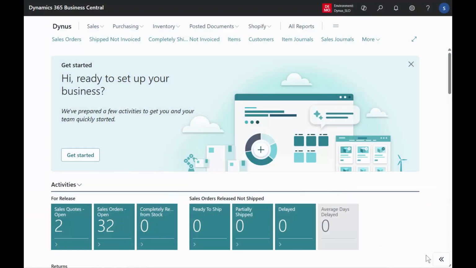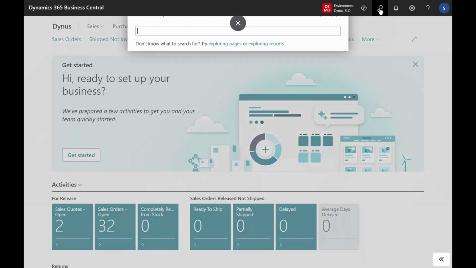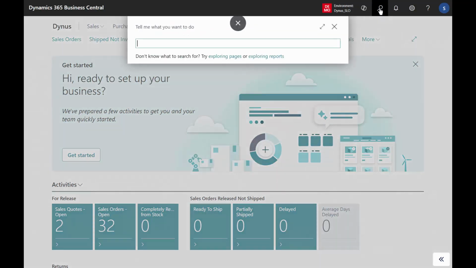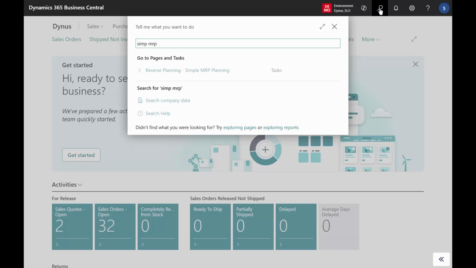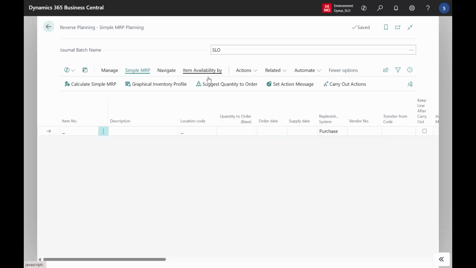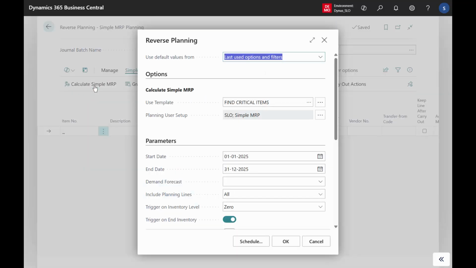After installing reverse planning, you should start out by trying to run the very simple planning for simple MRP, to find very critical items with inventory below 0, as an MPS and then as an MRP. I'll show you how that works, and you can do that directly in your system with the default setup that we supply. So if you go into the simple MRP planning worksheet in here, you can calculate simple MRP, and